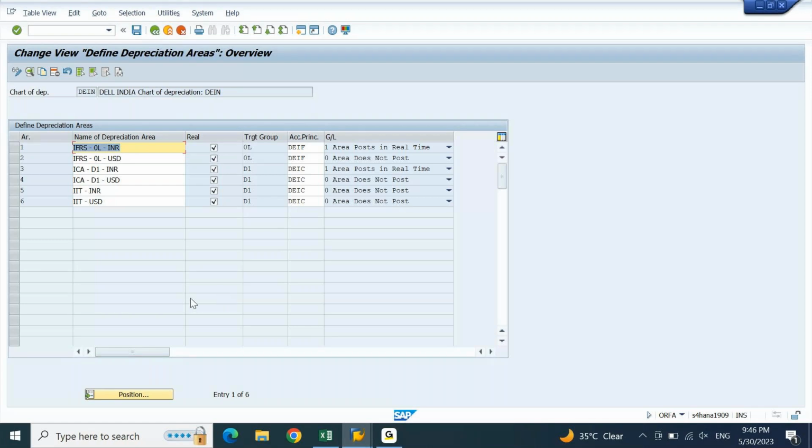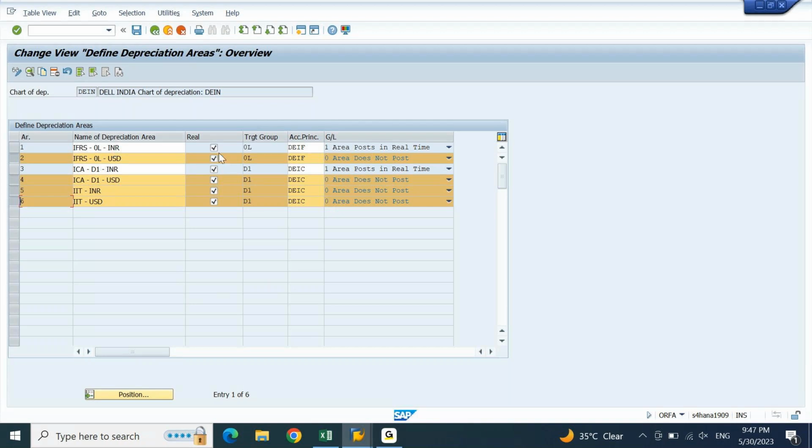Now, if you notice this once again, look at 2, 4, 5, 6. Everything is area does not post.